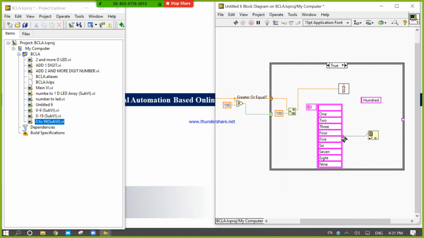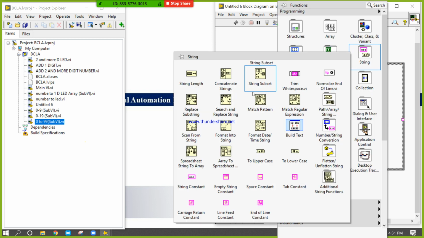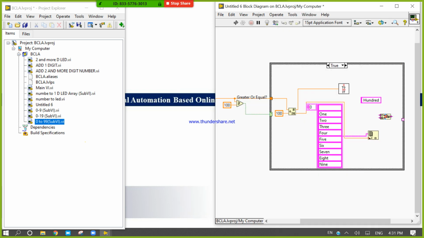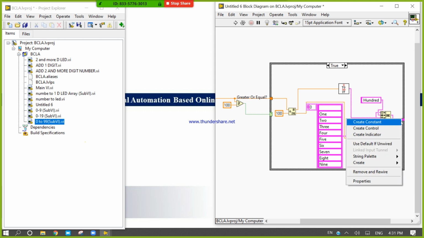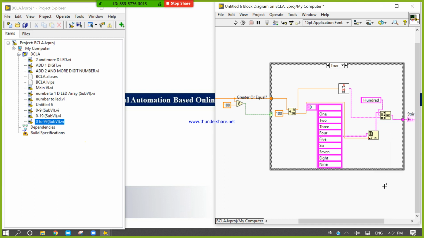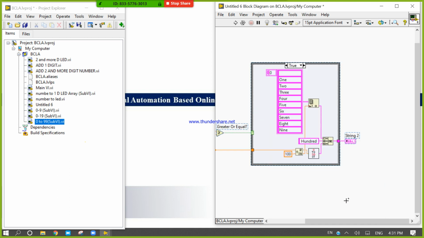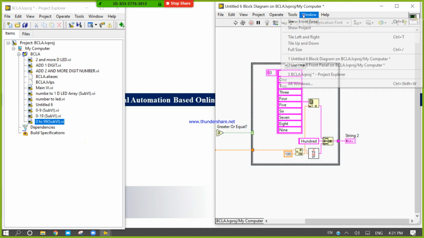I will take this index array and connect it. Right click, I will come to concatenate. Drag. Right click, create indicators. Look here. Now my program is complete.